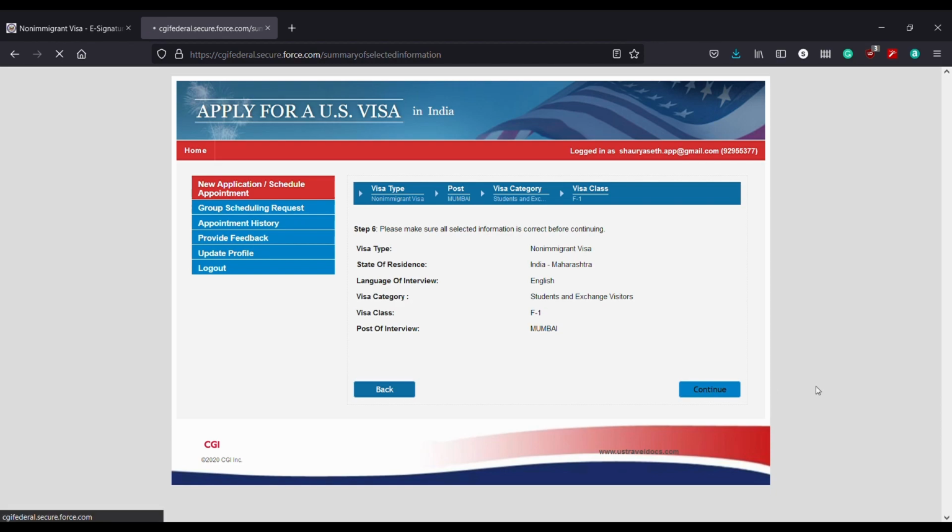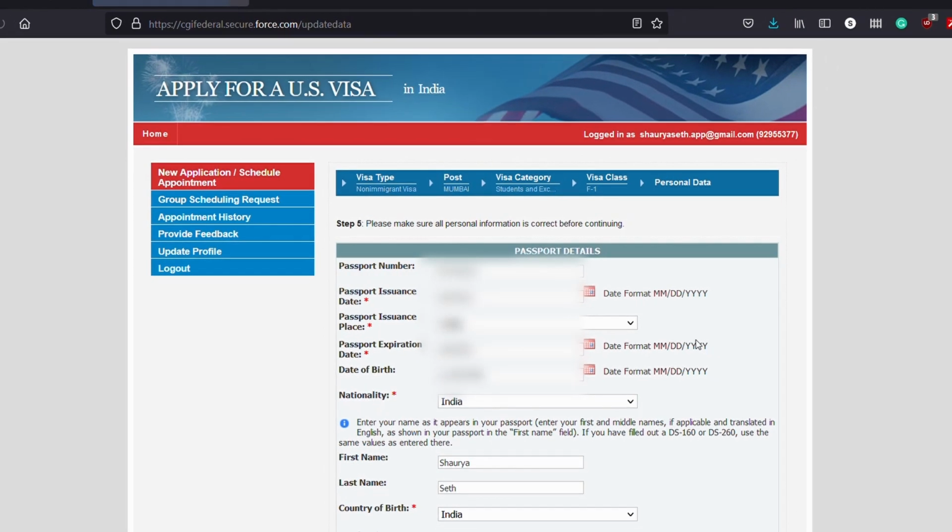The sixth step is to confirm all the information input by you. Finally they ask for your personal data. I'm not going to save it, and here they ask for your DS-160 confirmation number. Now it so happens that the DS-160 which you have filled, you can put the application number there and then save it and then proceed to pay your MRV fees or visa appointment application fees. I'm not going to continue after this, but this is how it happens.